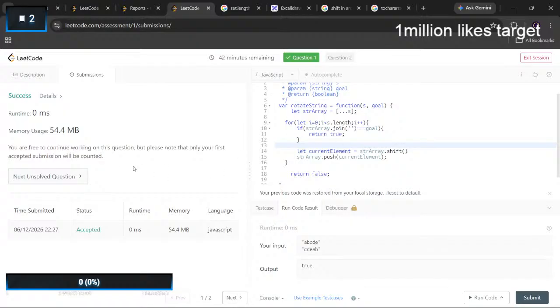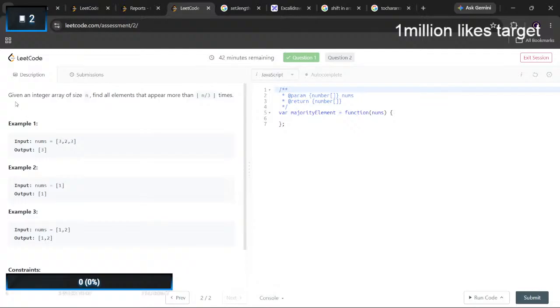It did work. 0 ms, where did that come from? It was using 54 MB. What do you mean by n by 3? What does n by 3 mean, man?